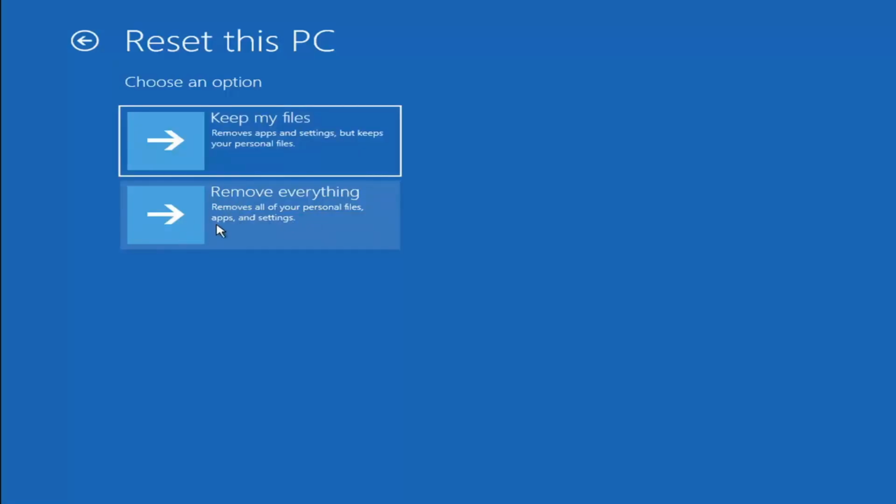So this is more of a factory reset, the second option here. First option, it should not delete all of your personal files. However, it will pretty much clear most of your programs, and keep in mind, there's no guarantee that your information,